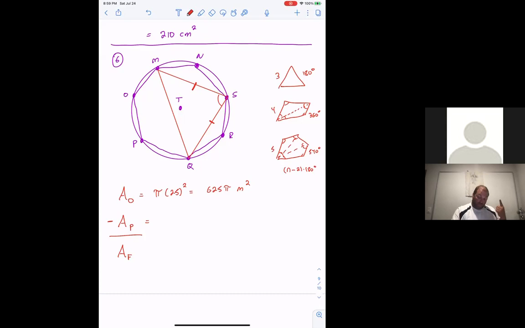3 minus 2, 1 times 180, that worked. 4 minus 2 is 2 times 180, that worked. 5 minus 2 is 3 times 180, that worked. In general, here we have 7 sides. 7 minus 2 is 5. 5 times 180 degrees is 900 degrees. And those 900 degrees have to be distributed amongst the 7 different corners, 7 vertices. But by symmetry, they're all the same. So 900 divided by 7 gives us, to 3 sig figs,